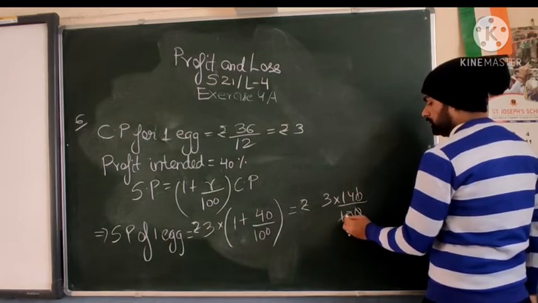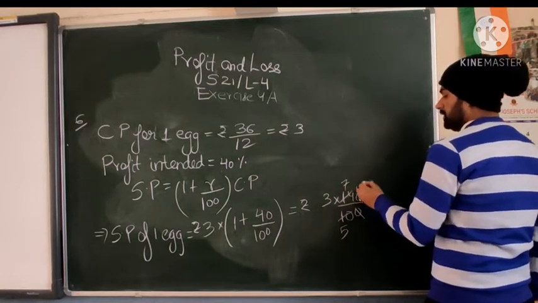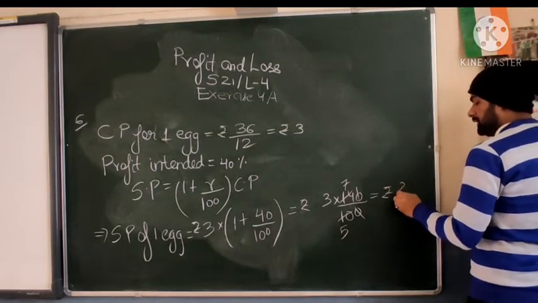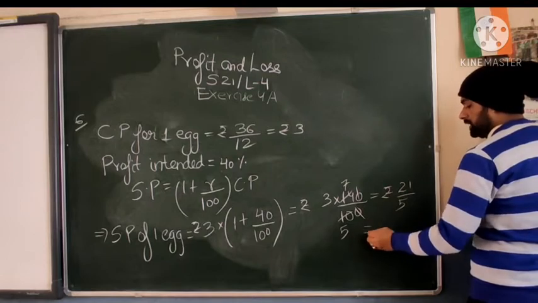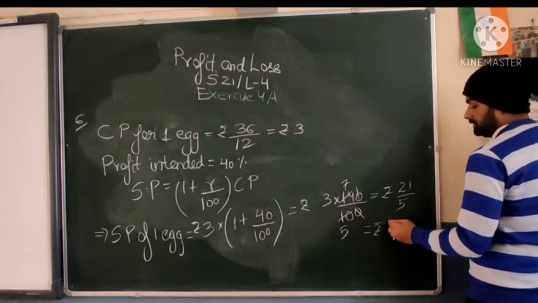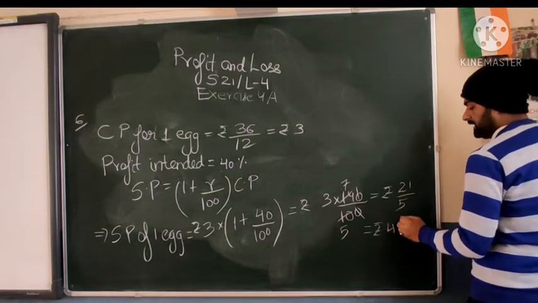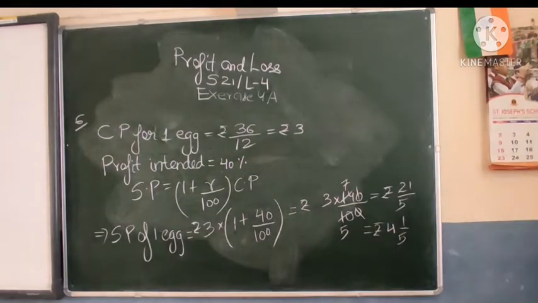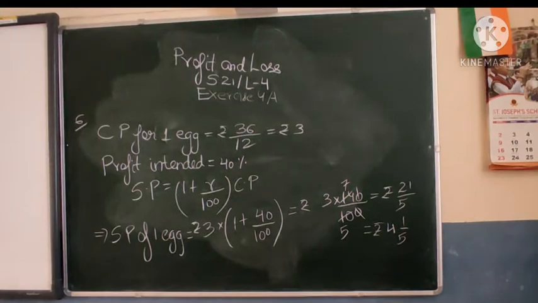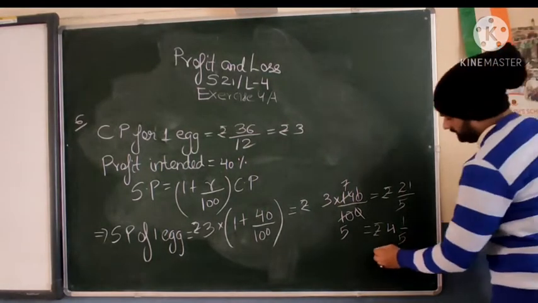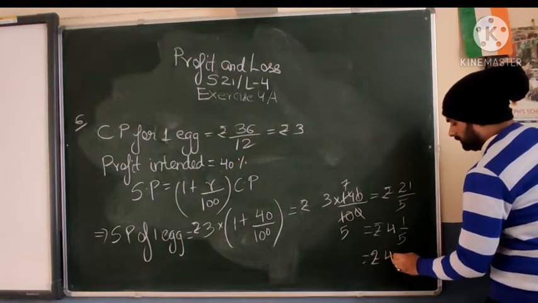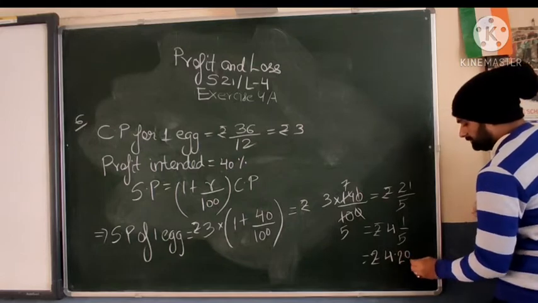0 cancel, 2 for the 10, 2 sevens are 14. So rupees 21 by 5. You can also write it in the form of a mixed fraction. 5 4s are 20. 4 whole 1 by 5. It might also be given in decimals, the possibility is there. So question number 6, 4 rupees 20 paise. Yes. So rupees 5 for the 20 and 1 for 5 to the 10. That is the answer.